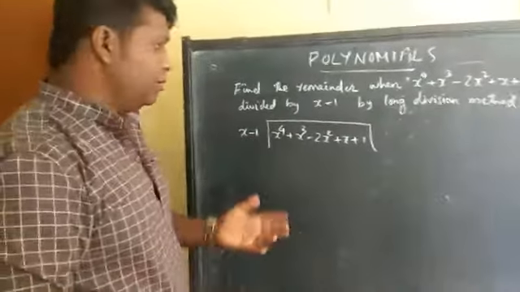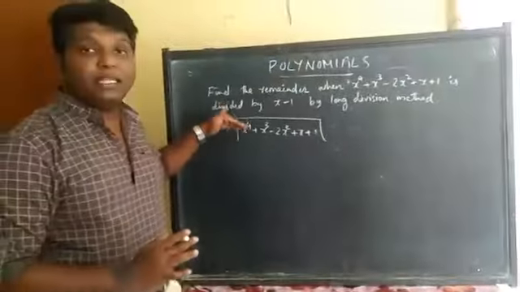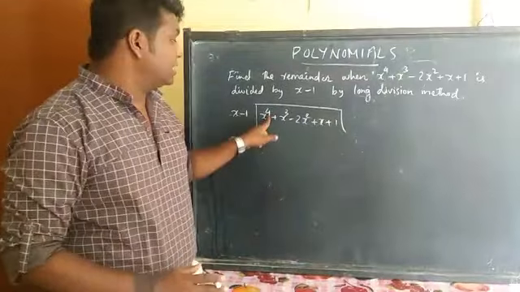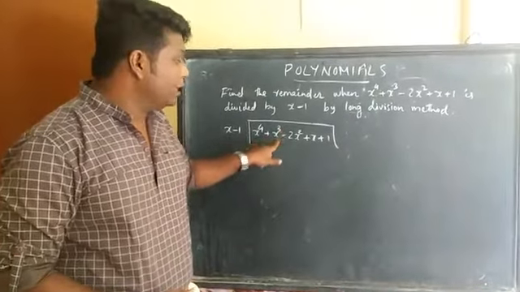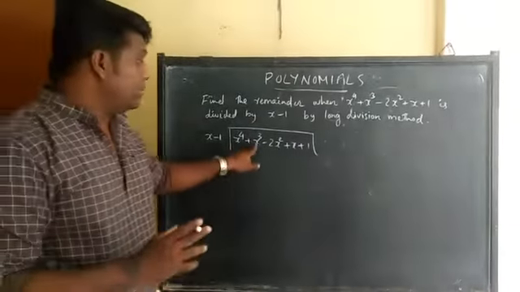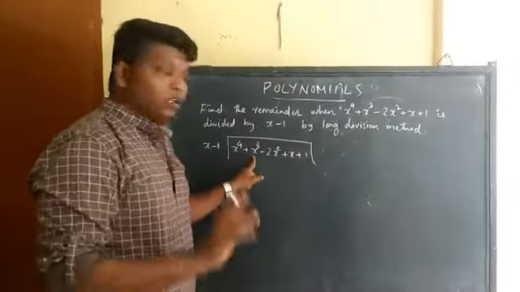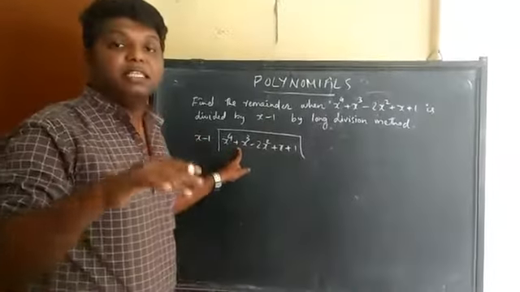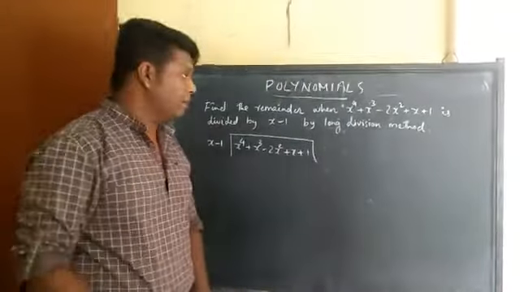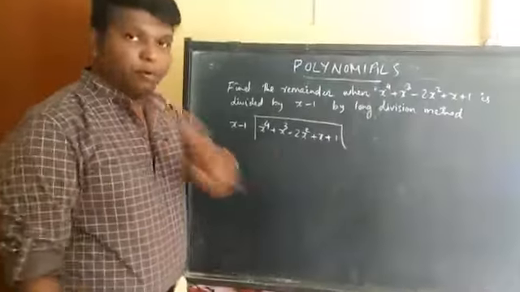Divide the same way as normal, but listen very carefully to this method. Whenever you are writing this polynomial, it should be in decreasing order, that is, descending order. That means first x raised to 4, after that the term of x cube, then comes x square, then x, and finally the constant number. If a term is not given in between, suppose the x cube term is missing, like x raised to 4 minus 2x square, then in place of the missing term we will write plus 0x cube. Like that we have to write it. Then only it will go in the perfect manner. That's easier, that's why I'm telling you like that. Without that also you can do it, it doesn't matter. Okay, let me come to this one. Listen to the steps very carefully. Step number 1.